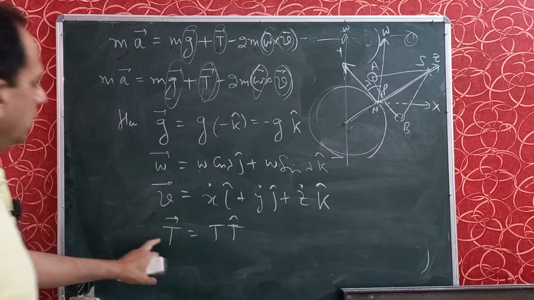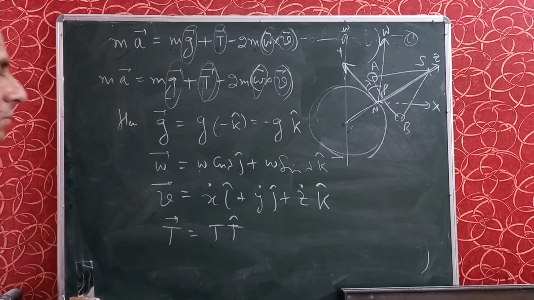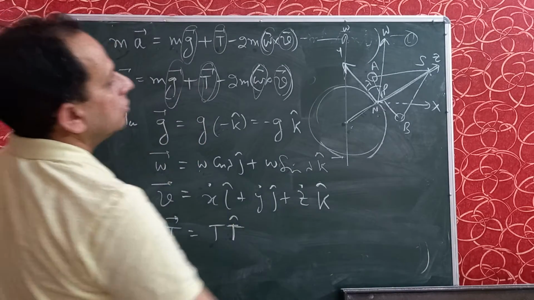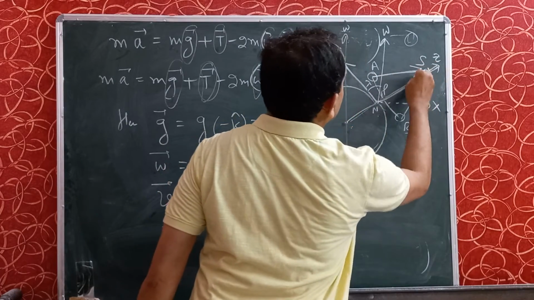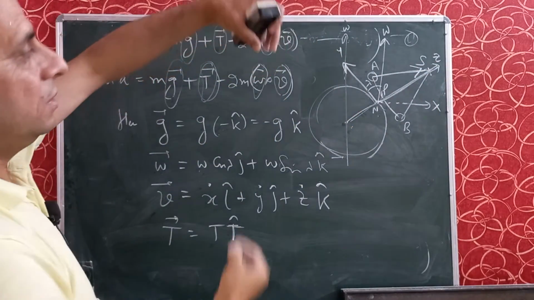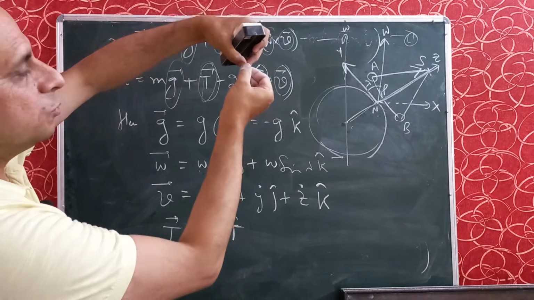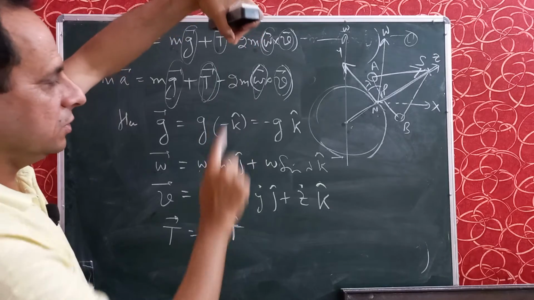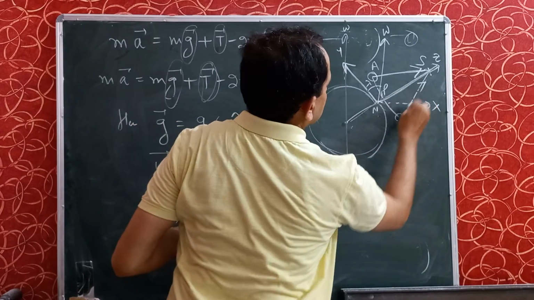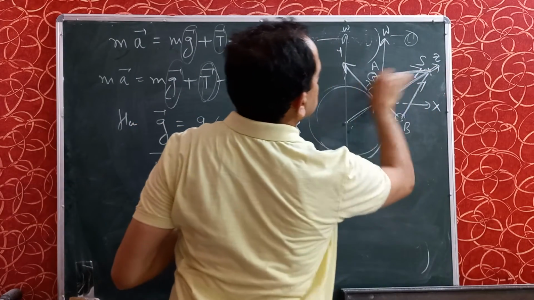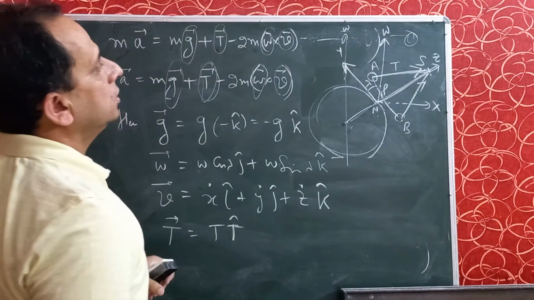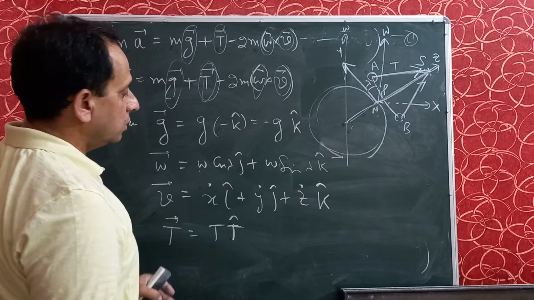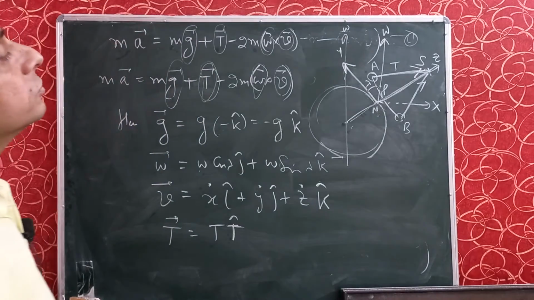I am writing this T vector as T magnitude into T cap direction. So what is T cap? It is the tension in the string, like this. Because when you suspend a pendulum from the S point to the mass, the tension acts toward the point of suspension, like this. Tension is along this side, T. And we will calculate this T cap by using the formula of